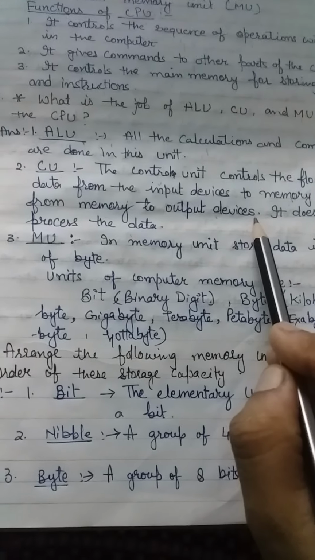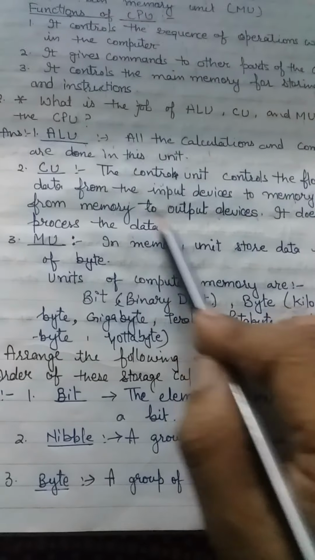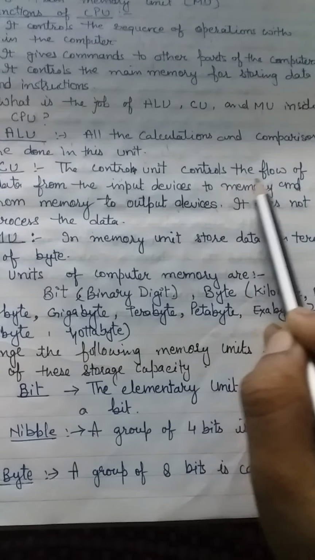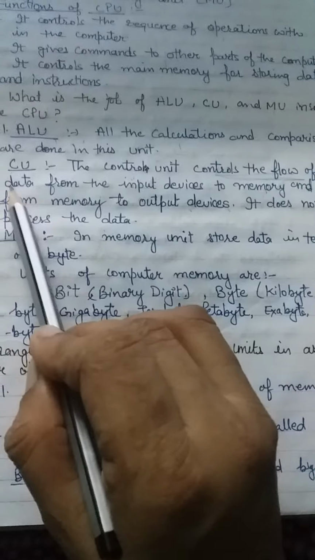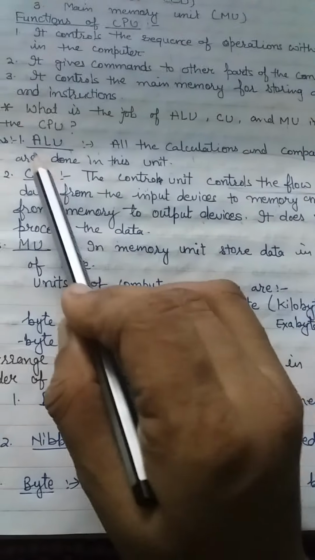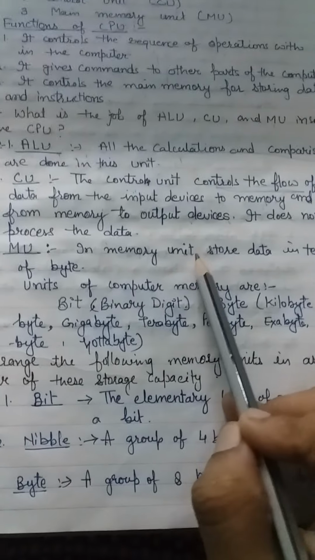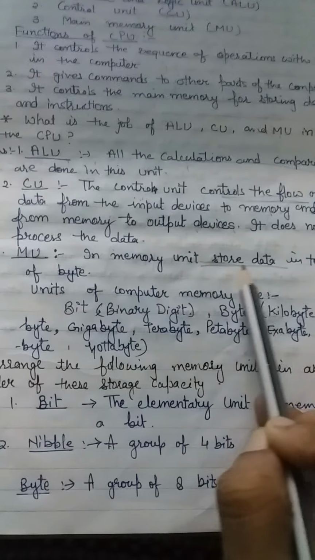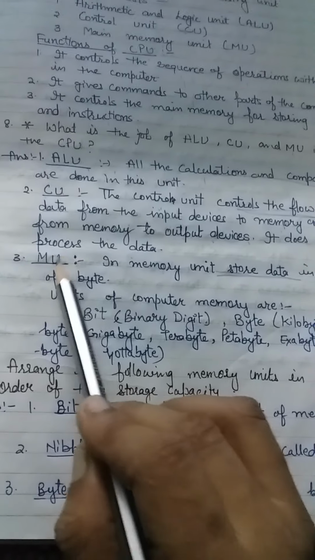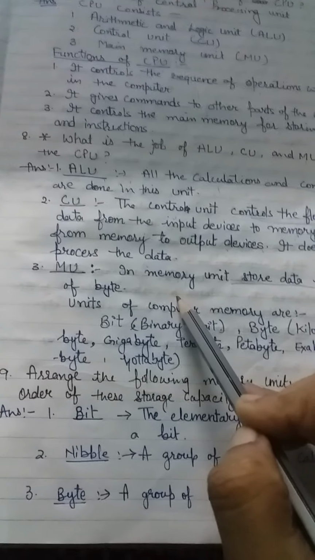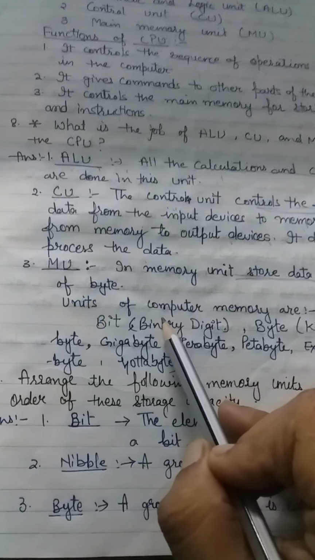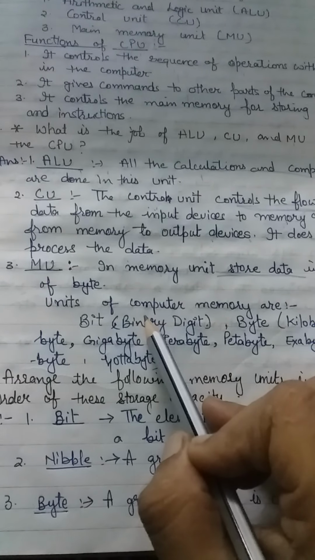Whatever you want done by the user is performed by the control flow of the CU. Always remember that controlling the flow of data is done by the CU, and all calculation and comparison is done by the ALU. In the memory unit, the word is to store the data in terms of bytes. That function is done by the MU. These are the functions performed by these components in the CPU. Now the next question arises: we already know that data is to be stored, but in which term is data stored?